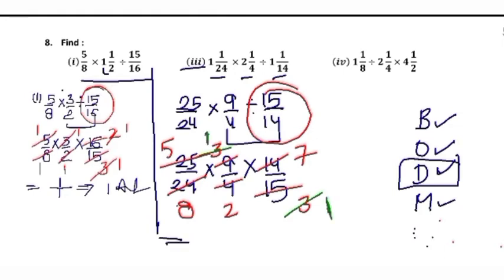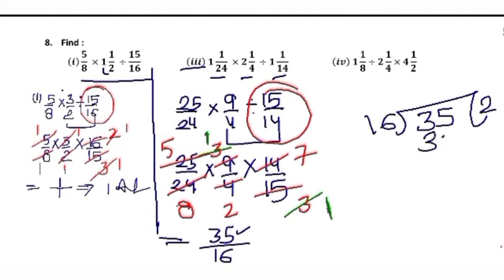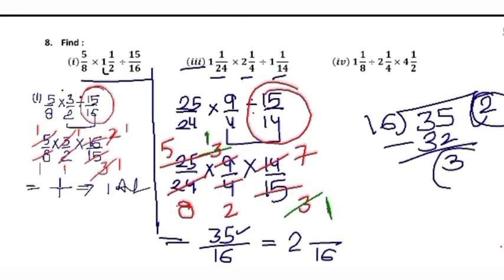Now in numerator you have 5 multiply 1 multiply 7, which is 35. In denominator you have 8 2s are 16, 16 1s are 16. And this numerator is greater than denominator, so you can write it in the form of mixed fraction. 16 2s are 32, remainder is 3. So this can be written as 16 will remain same, this quotient will be written as whole number, and this remainder will be written as numerator. So your answer is 2 whole 3 upon 16.